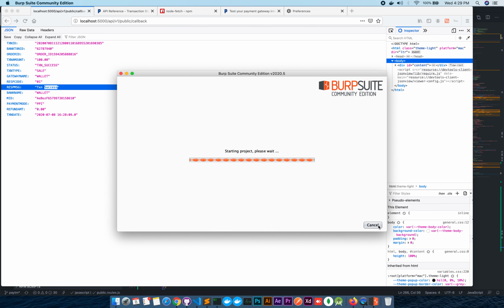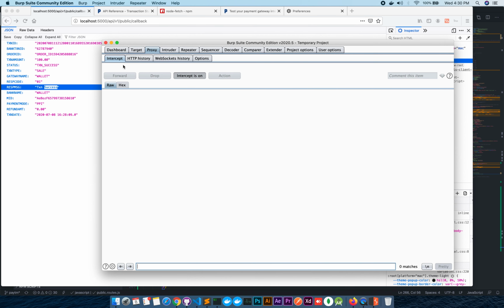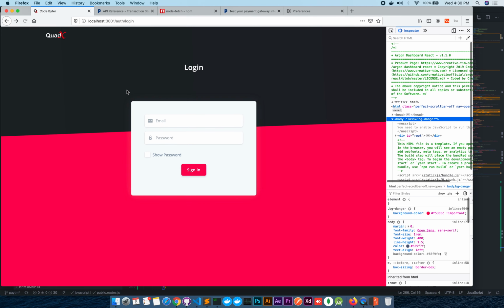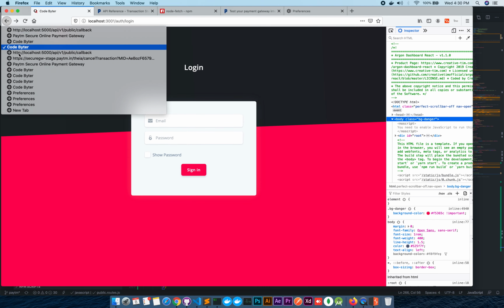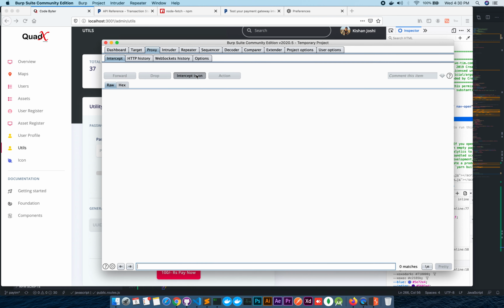Next, I will skip this part and just go to the proxy and intercept. Currently I'm turning it off, and then I will turn the intercept on again.